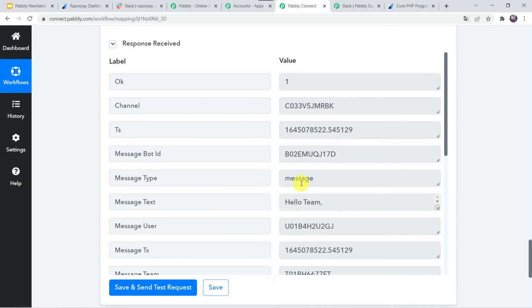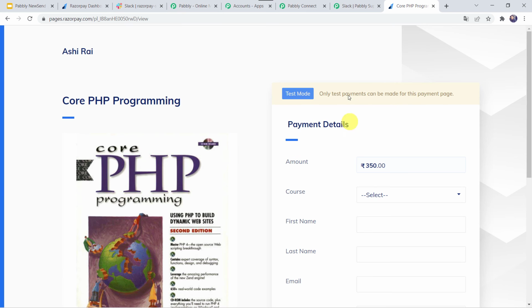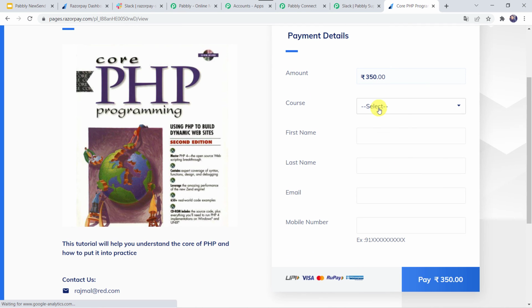Data saved successfully. Okay. Now we have to check this in the real time, whether our integration is working in the real time or not. So I'm just going to my Razorpay payment page once again, and here I'm just going to refresh the link so that I can make a new payment on the name of another customer. Let us select the course name. This time I'm just going to give the first name as Kuldeep, last name as Jain,